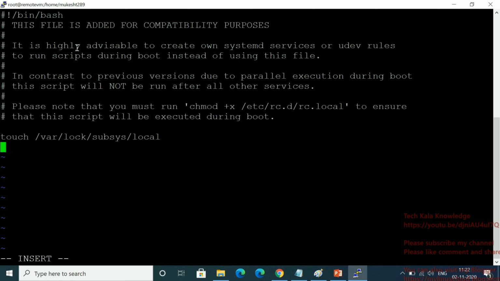I am going to print a message, so I'm using the echo command here. I'm typing: computer booted up at. Here I'm going to use the date command.